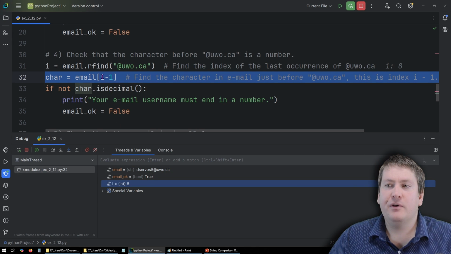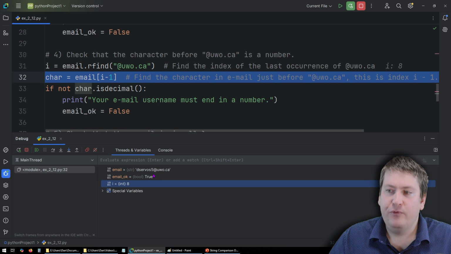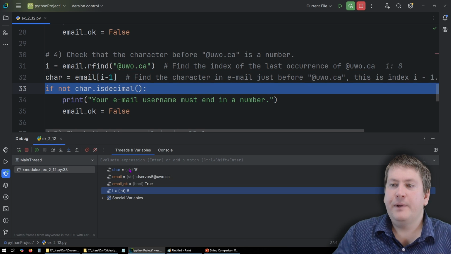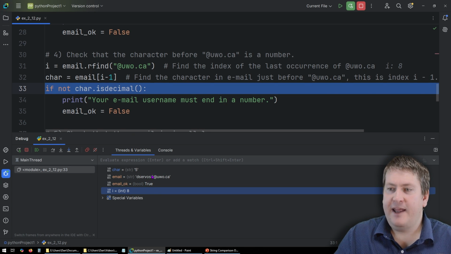Now what we're doing here is we're subtracting it by 1. So we're going to move this way. So we're going to get the character that's before the @ sign, which in this case is a 5. So we can see that char is equal to the character 5. So it retrieved at 8 minus 1, which would be 7, and that would be the index right here that has a